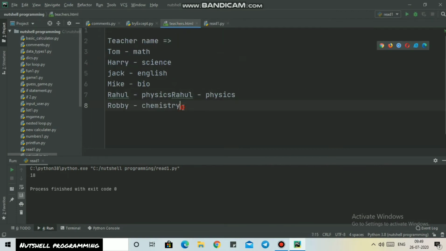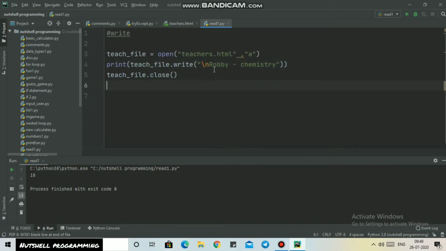You can see after Rahul, Robbie who is our new teacher got written in teachers.html. So that was all about the append function, which inserts some new record in our old file.